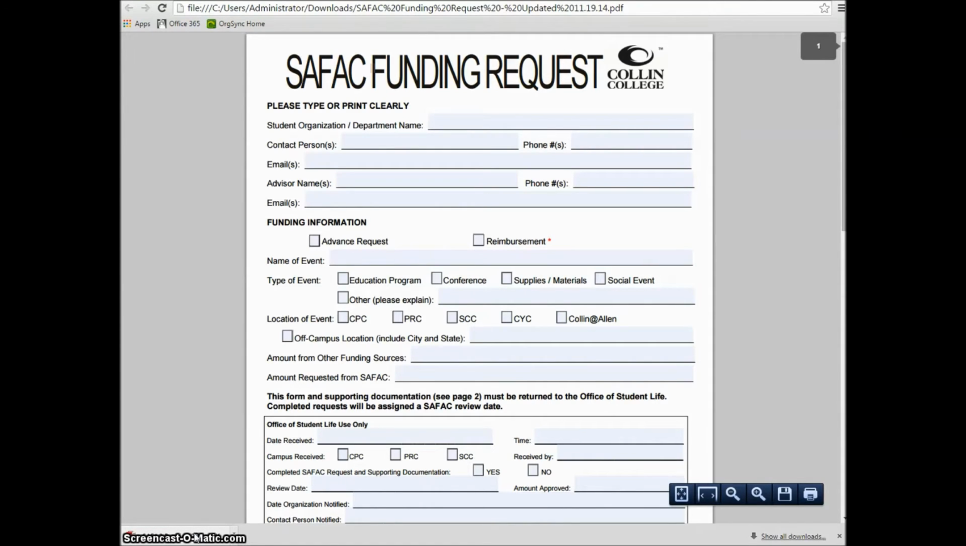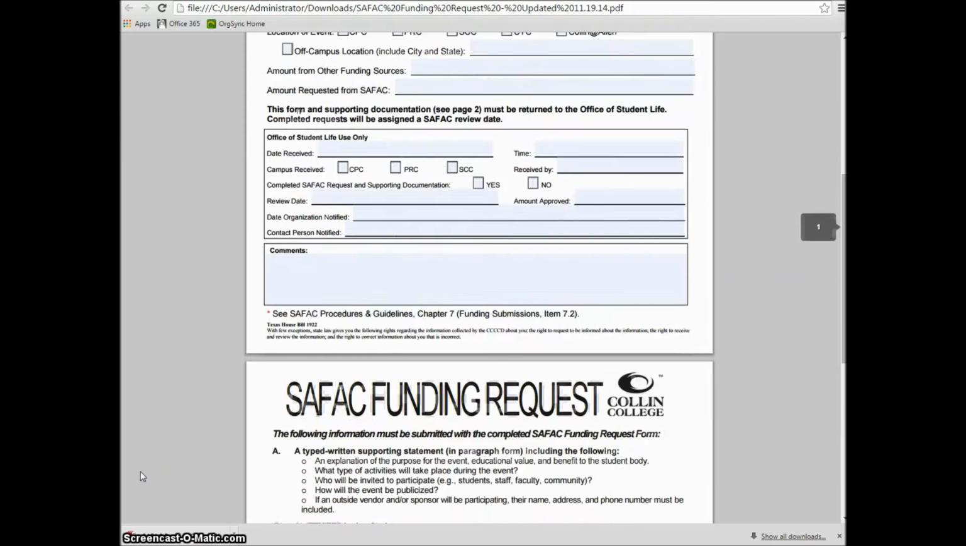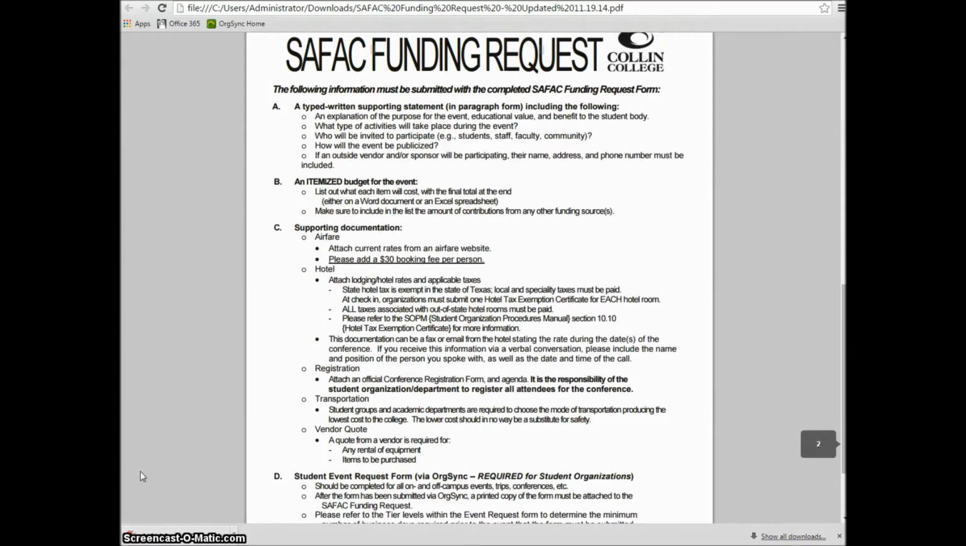You'll need to make sure that you fill this out completely and entirely with as much information as possible. If there's any information on here that's missing when it's turned in, someone from the SAFAC committee will follow up with you to request that additional information. As you can see on the second page, this is where it specifically asks for as much detailed information with regards to